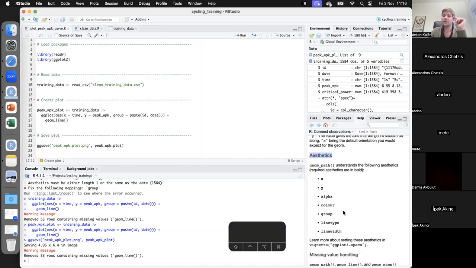This talks about which kind of aesthetics this geom needs, the ones that are bold, and which ones it can have. So here we see that we have the X and the Y, we have color. We could here have done, hang in with me, I will explain the group part, but here we could have done, for example,